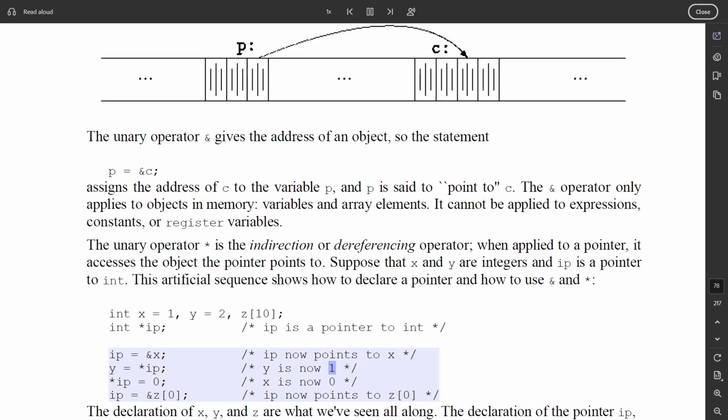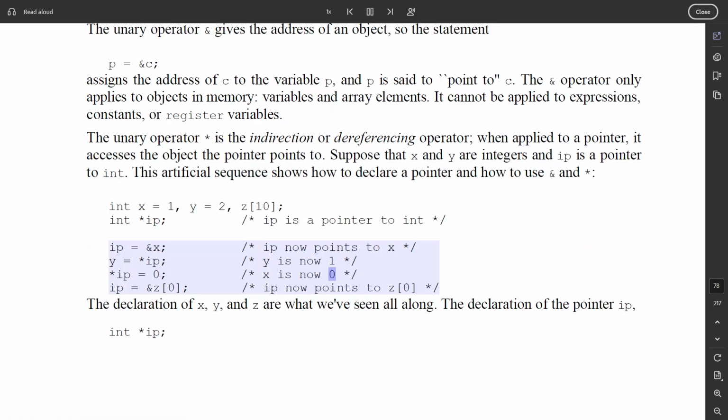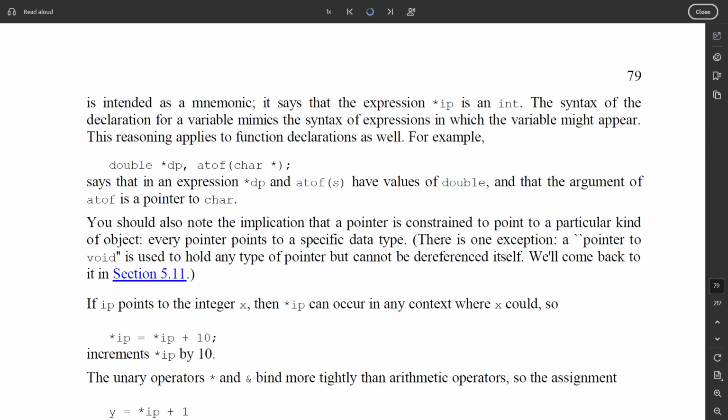y = *ip; /* y is now 1 */ *ip = 0; /* x is now 0 */ ip = &z[0]; /* ip now points to z[0] */ The declarations of x, y, and z are what we've seen all along. The declaration of the pointer ip, int *ip;